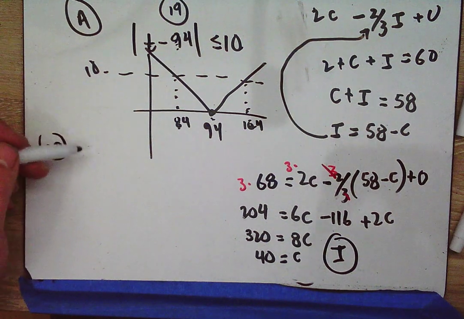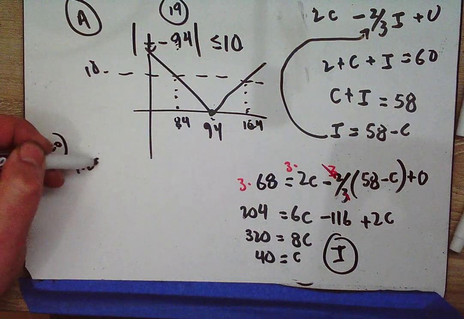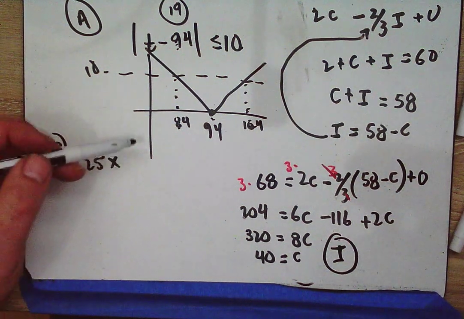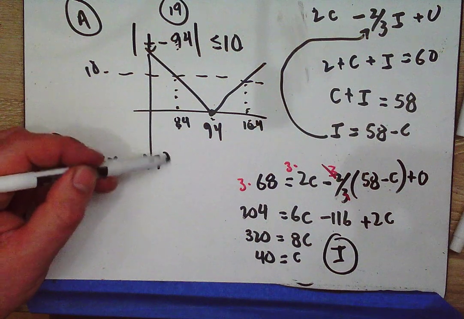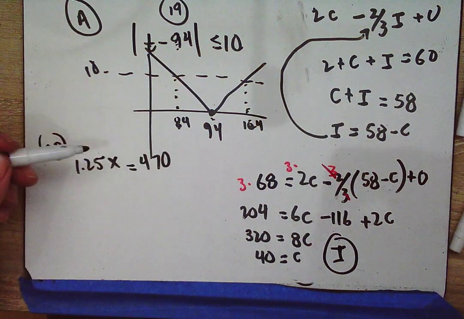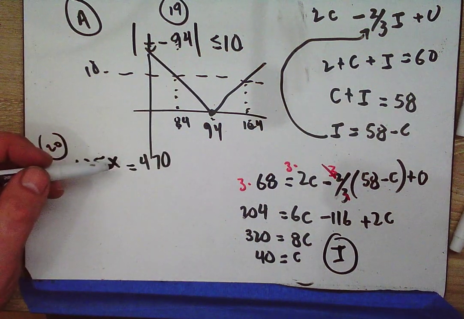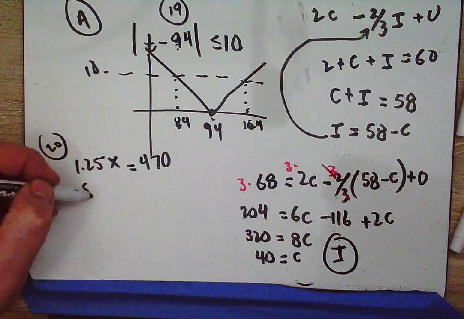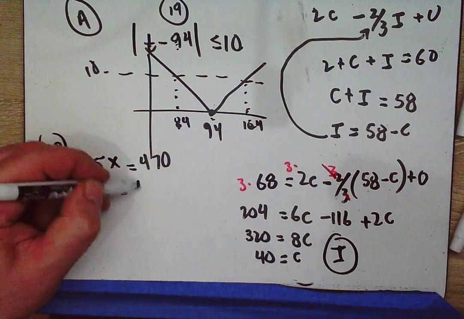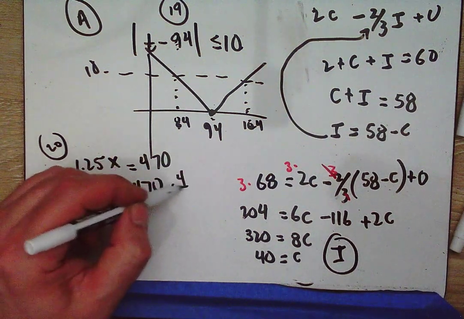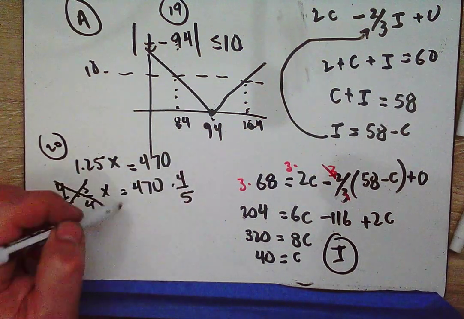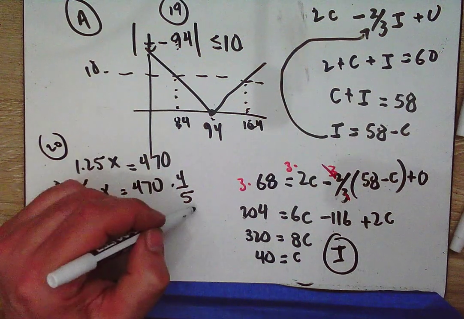20. 125% of a number, 1.25 of a number, is 470. Okay, so let's find what x is. That's 5/4 x equals 470. I multiply by 4/5. You could just use your calculator. X equals